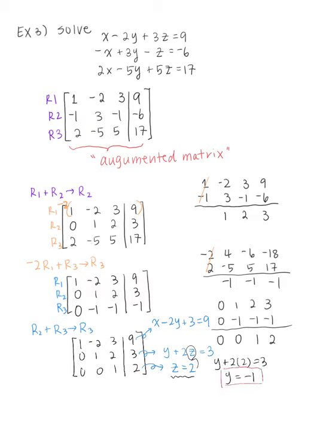Let me just box our z equals 2. Now plug that y and z value into the first equation to solve for x. So from here, I'm just going to write it as x minus 2 times y, which is negative 1, and then plus